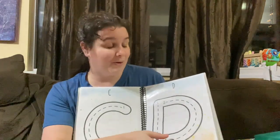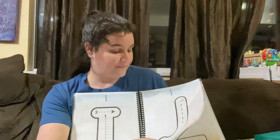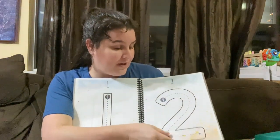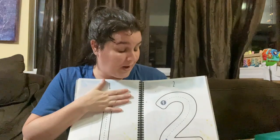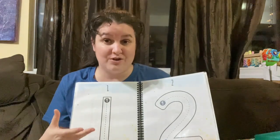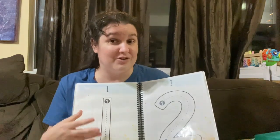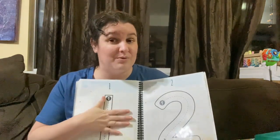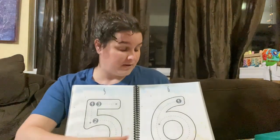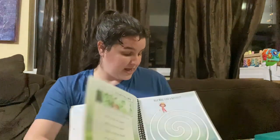Keep her busy while I'm homeschooling the older two, working with them. And then she also has the numbers included. I think this would be really good for older kids as well if they're maybe struggling with how to write a certain number well, or maybe they're writing certain letters or numbers backwards. This would be a really good resource to print off and get them to just work on those things. So it goes up to 10, and then you have